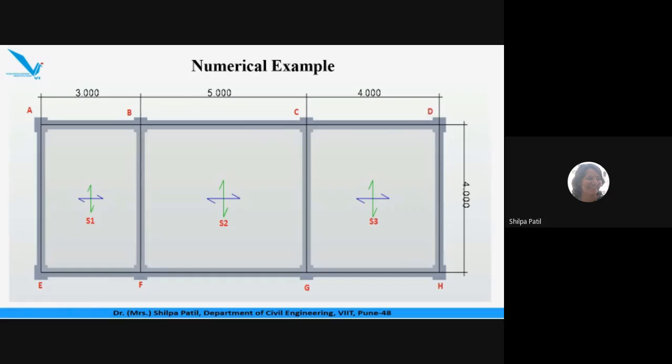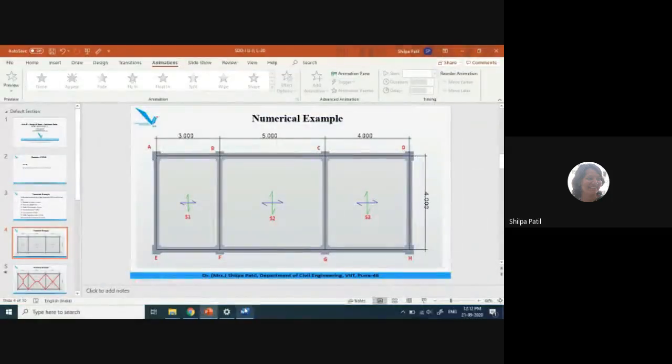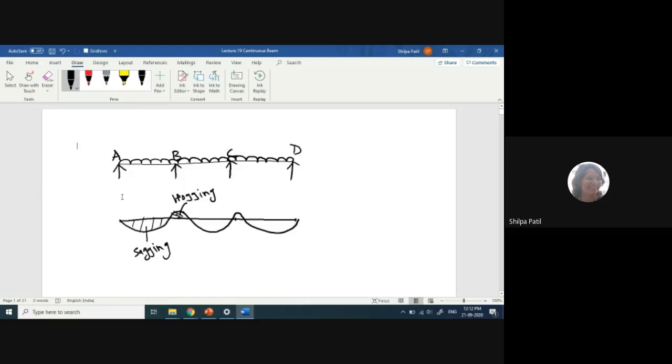Now I have to design this entire beam as a flange beam only, but as an L beam. But whether it will behave like an L beam for its entire span or not, that we have to understand based on this diagram. Okay, now if you consider the midspan of AB, AB is a small span of the beam ABCD we have considered. If you consider the midspan of beam AB, it is subjected to sagging bending moment. Now what happens in case of sagging bending moment? Your beam,